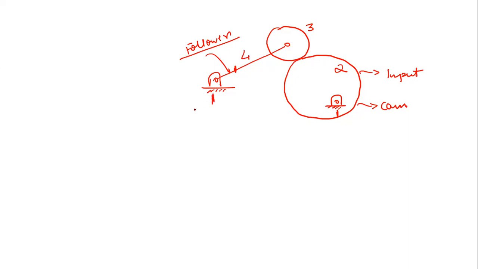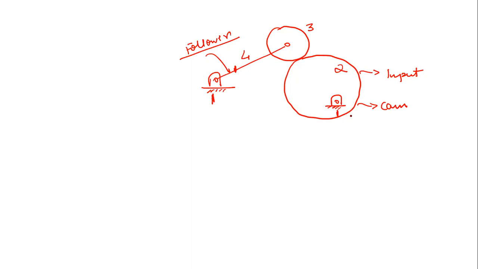Right. So a very important thing to remember: wherever you get the fixed link, you will always name this fixed link as 1, independent of the location where it is lying. If it is lying here, you will name it as 1. If it is lying here, you will name it as 1. So you just have to remember that this link is fixed, so it will always be named as 1.